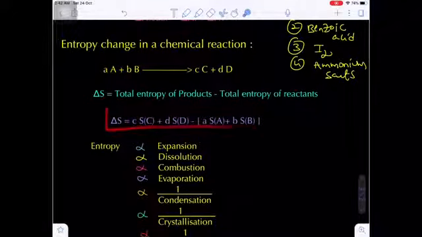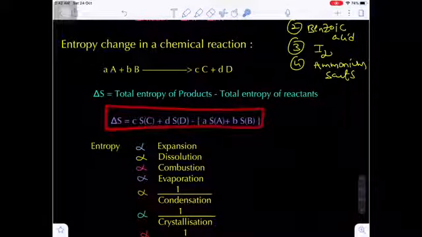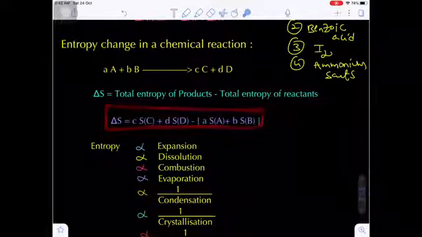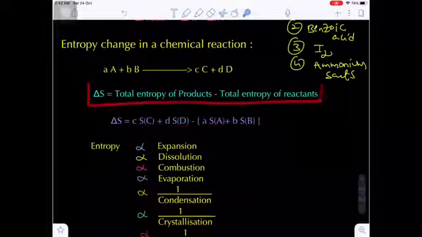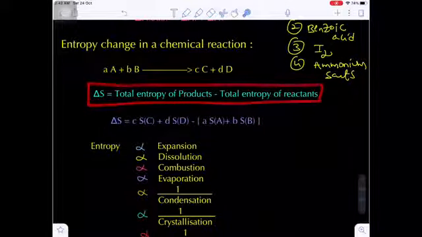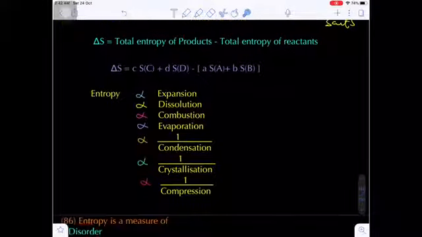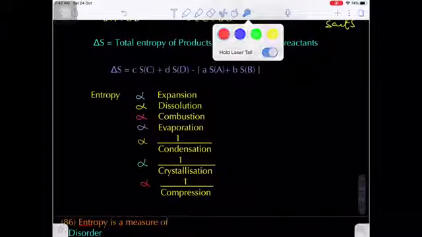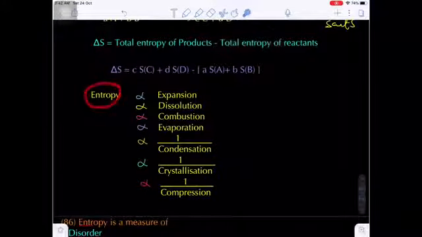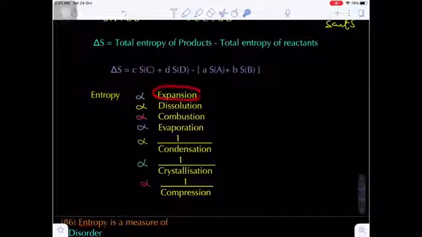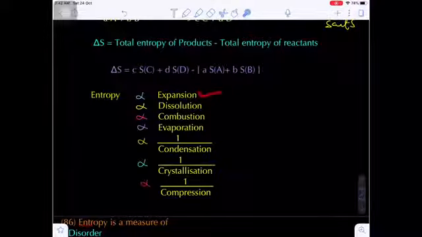Okay. So this is very important during a chemical reaction. If you want to find the entropy change, then immediately we have to remember the total entropy of products minus the total entropy of the reactants. That will be given in the question. Now one important conclusion here: entropy change or increase is directly proportional to expansion. Do you know, during expansion gases try to occupy a large volume, due to which the randomness increases, that means during the expansion of a gas entropy increases.